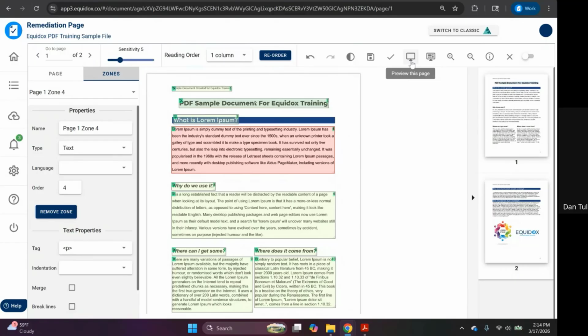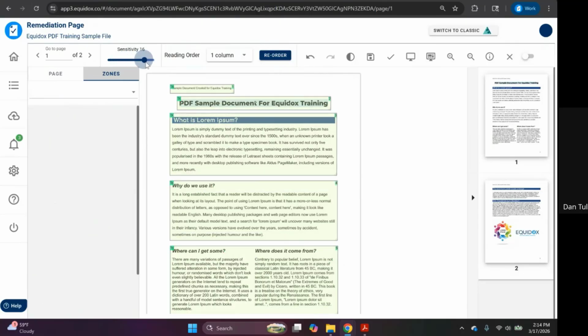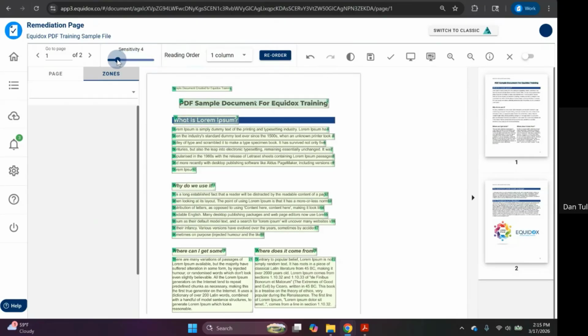Now, another feature that I do want to point out, it's a feature that I don't really need to use on this page, but it is an important feature. So I want to point it out early on in this training. It's this little sensitivity slider right here. This slider is meant to change the way that Equidox is detecting the page. So as you move this around, you will see how Equidox gives you different options as starting points